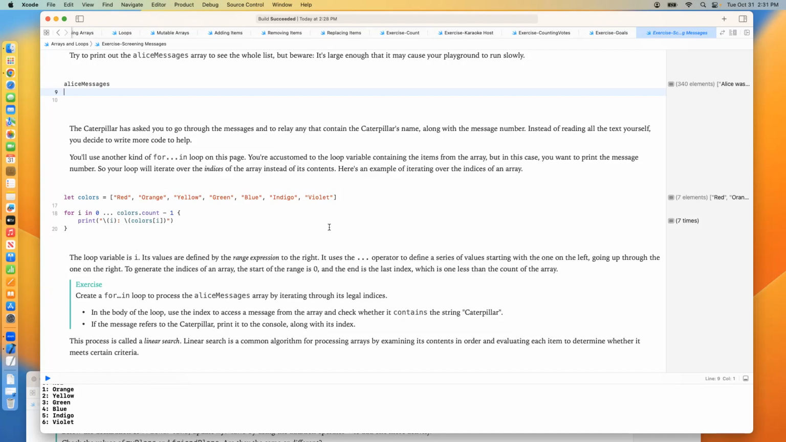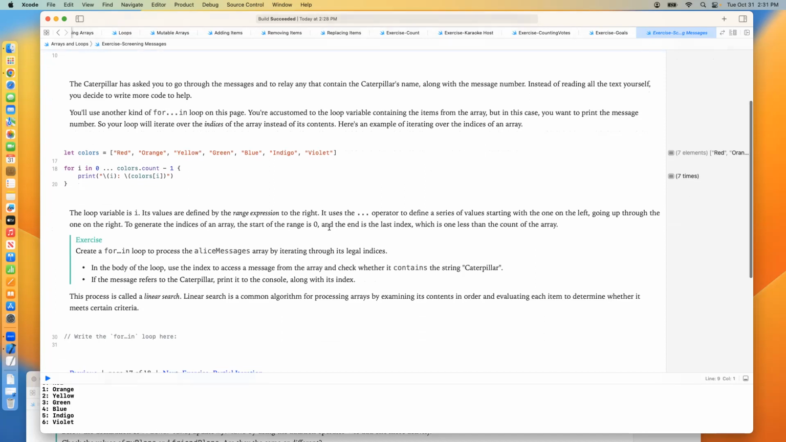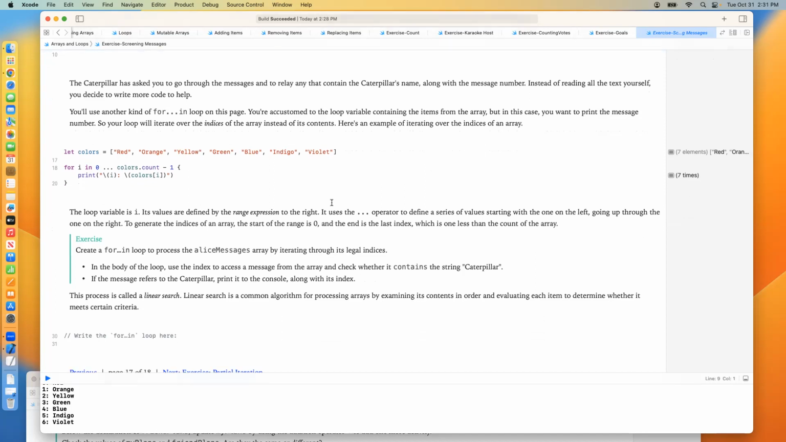All right, next it says, the caterpillar has asked you to go through the messages and to relay any that contain the caterpillar's name, along with the message number. Instead of reading all the text yourself, you decide to write more code to help. And by the way, this is exactly the type of scenario that coders try to address often. If you're tasked with looking at, let's say, 10 messages, that's not a huge number, it's a whole lot less than 340. But if there were 10 messages,